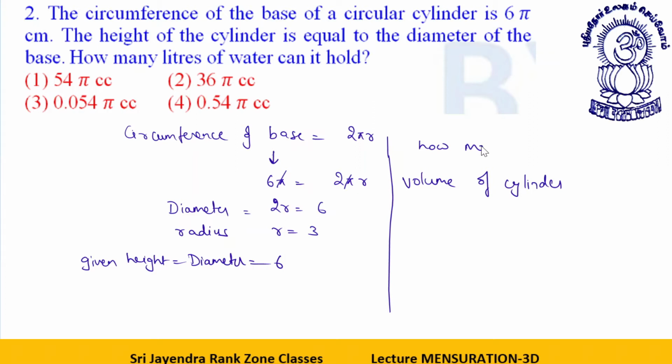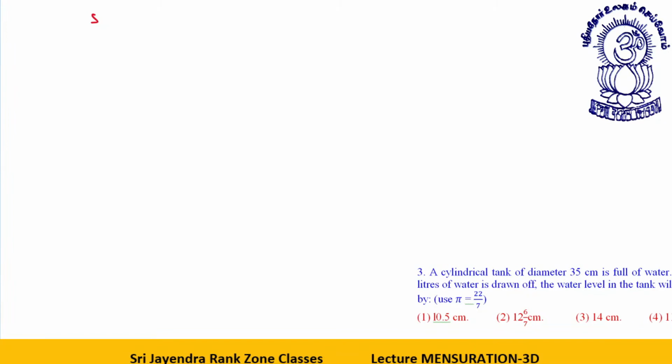What is the volume of cylinder? Pi r square, that is 22 by 7. What is the r? 3 into 3. And what is the height? Height is equal to 6. Okay, so let it be pi only right now, because options are in pi. This is 54 pi. 9 into 6 pi, or I can say 54 pi. This is your answer, my dear students. Okay, the next question we have is,